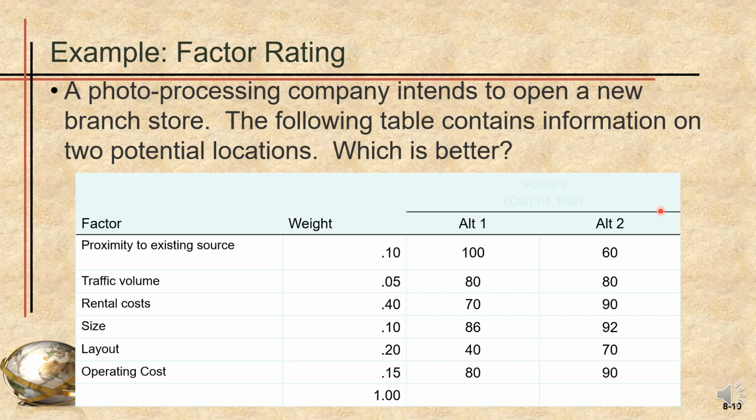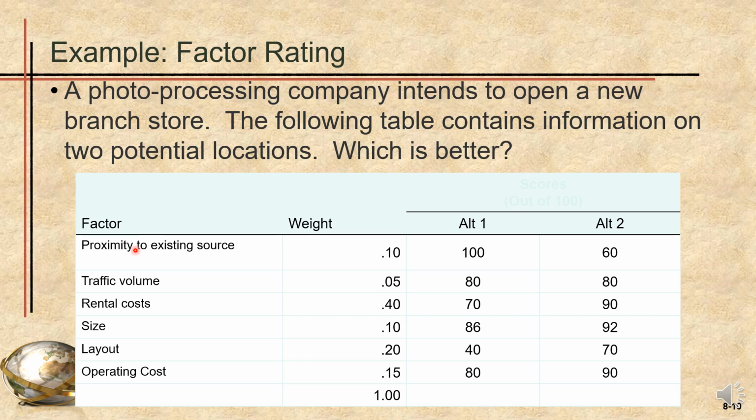So let us say for this photo processing company, they had chosen 6 factors, the following: proximity to existing source, traffic volume, rental cost, size, layout, operating cost. So yan yung mga factors na gusto nilang i-consider sa mga